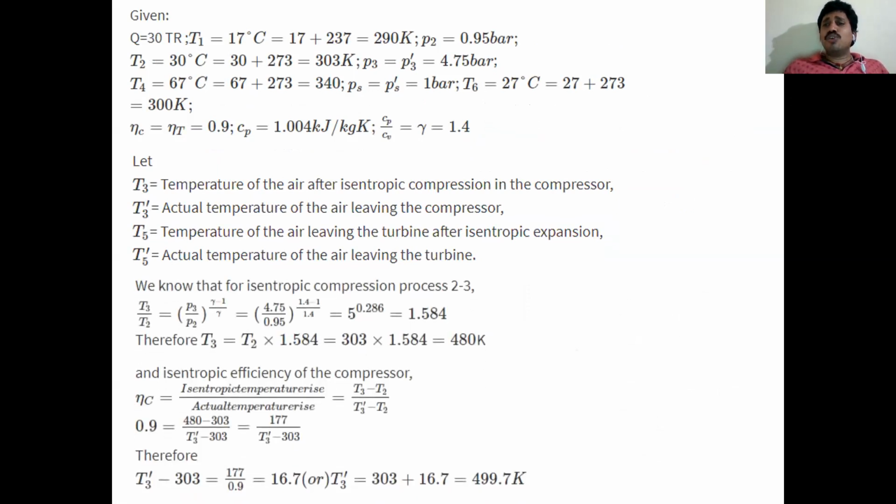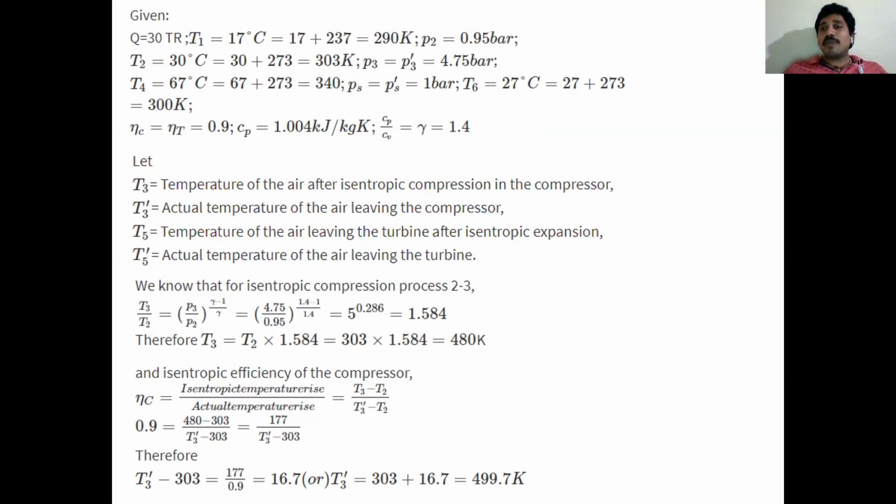First of all, we go with isentropic process 2-3. I already told you the relation between temperatures and pressure, which is very useful for determining unknown values. So using isentropic process 3-2, the temperature pressure relation is T3 by T2 equal to P3 by P2 power (gamma minus 1) by gamma. P3, P2 values we know, T2 value was given. So only unknown temperature is T3. We calculated that T3 is equal to 480 Kelvin.